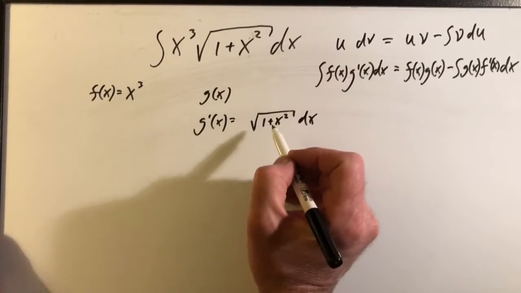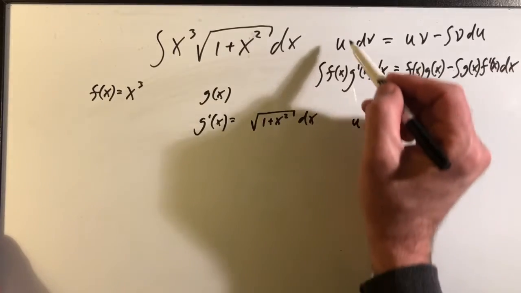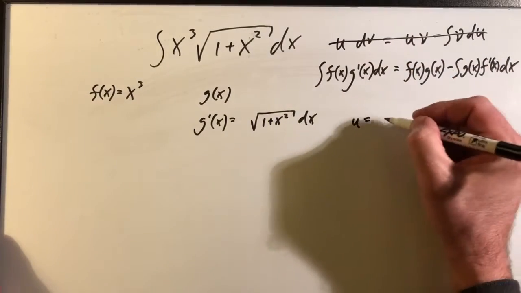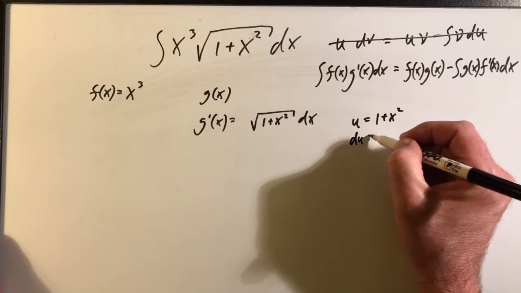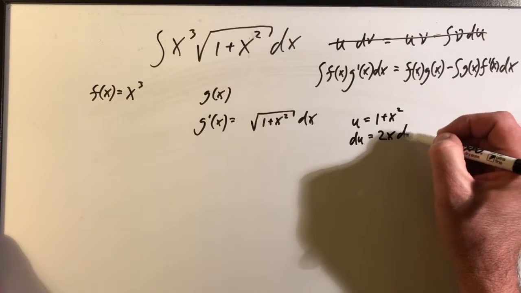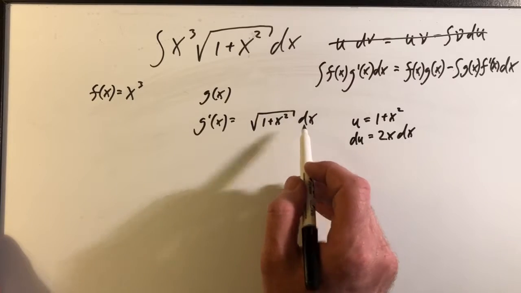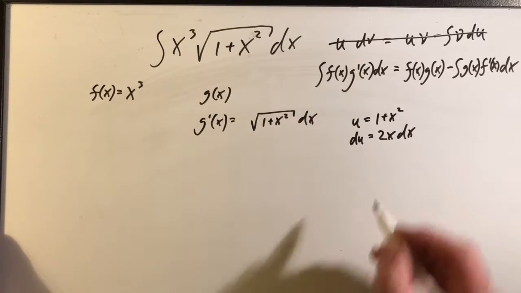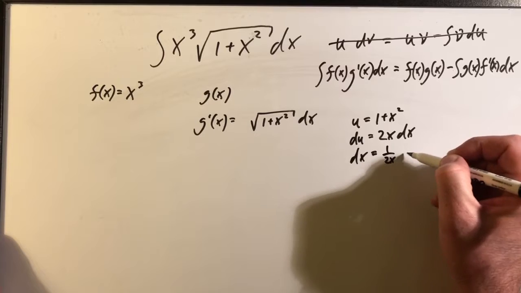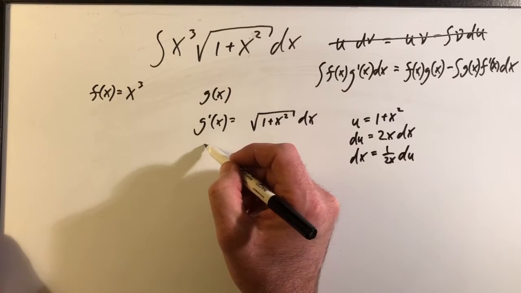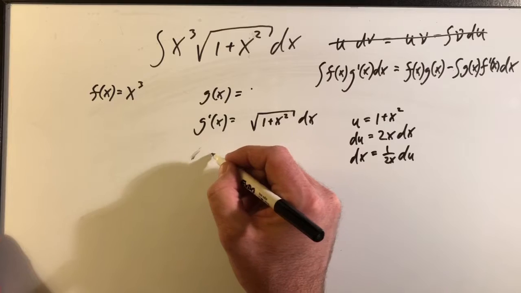I shortly realized that when I did my substitution, where I'd say, this is another reason I don't like to use u and v. So u equals 1 plus x squared, and then du would equal 2x dx. I'd realized that I couldn't really resolve that substitution, because I'll just finish it out for you. dx equals 1 over 2x du. So what would happen is, I'm trying to find g prime. So I'm taking the integral of this to go back. So g of x